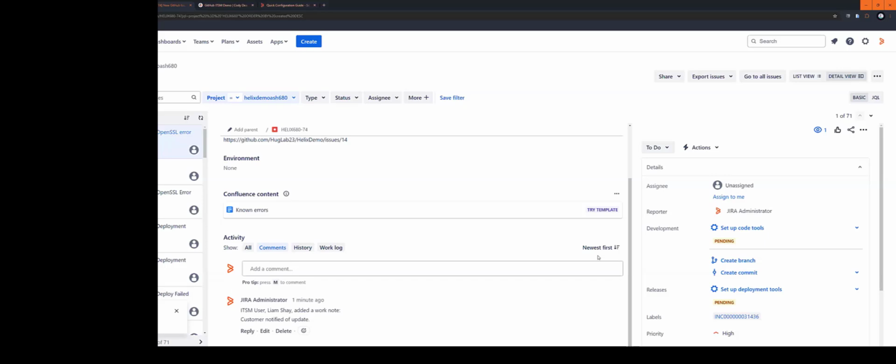So now, again, that was just showcasing what you can do with the integrations that we have in place. Now we're going to talk about how we did it and provide some best practices around how you actually do these integrations. So the integration I'm going to start with is the ITSM integration from GitHub, because that's